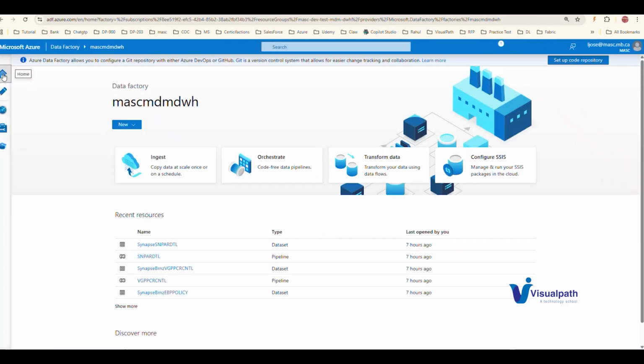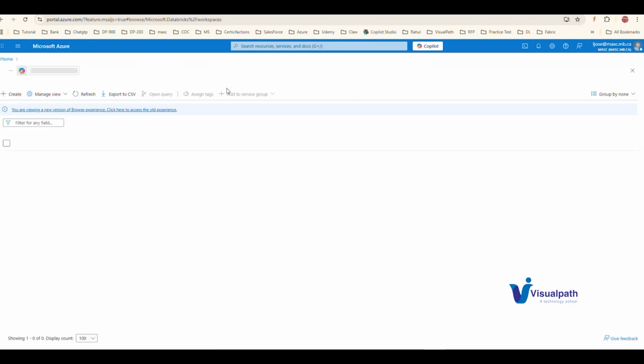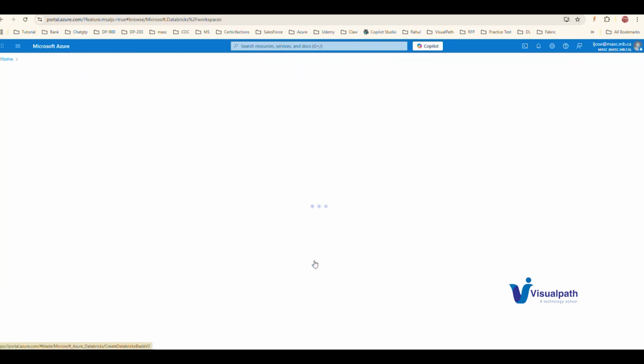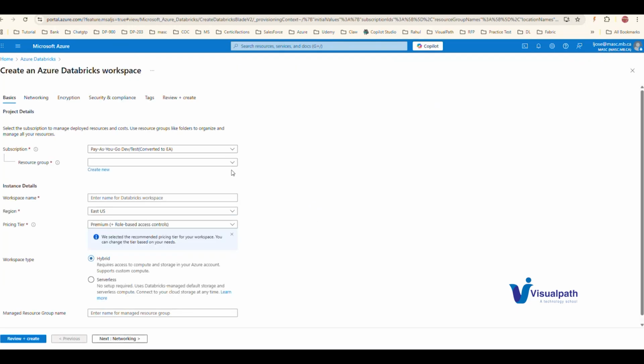I am going to home and taking Databricks. This is the environment, an Azure portal. I have already logged into the Azure portal. There you can see how Databricks looks. We can create workspaces here. First we have to make a workspace. To create a workspace, you must know what a resource group is, which is a sort of client concept. I will explain it in class when I cover this section.